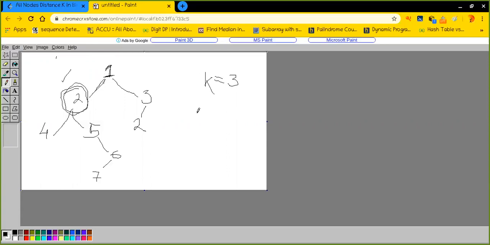It is pretty simple to print the nodes which are below the target node. If I consider the target node as the root of its subtree, then it is pretty simple to print all the nodes which are k distance away from it, below it. For example, that is 7 now.